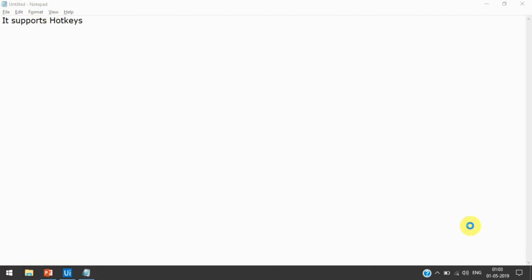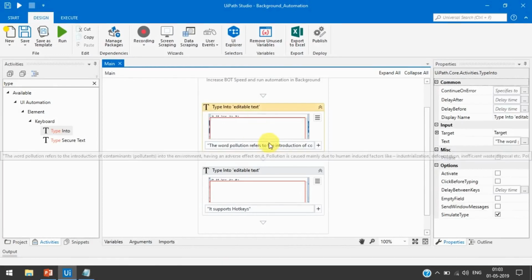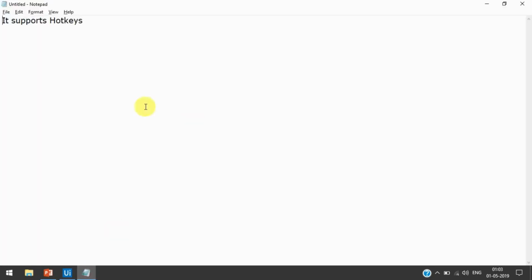So every time make sure, if you want to type all this data in one field, then do not use like 2-3 type into activities for the one notepad. Because the first time it will type there, it will empty the fields, all the fields will be empty, and then it will type here.